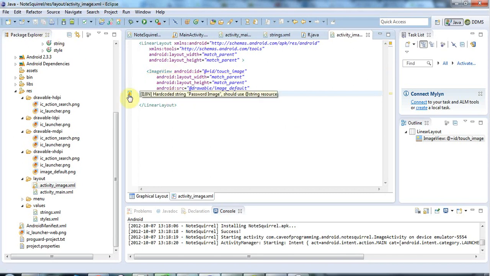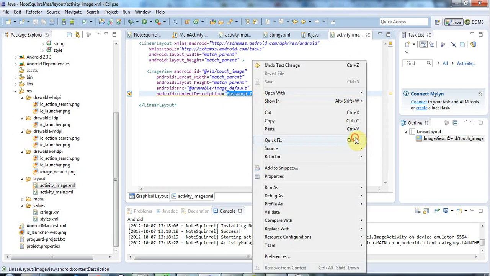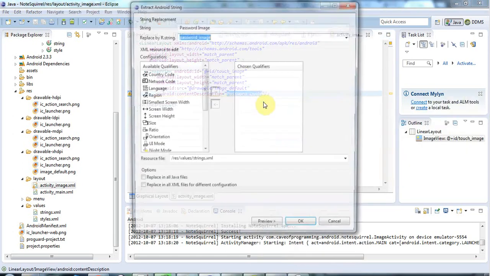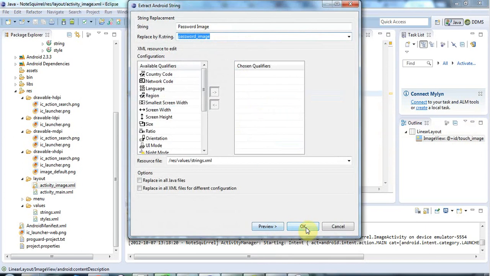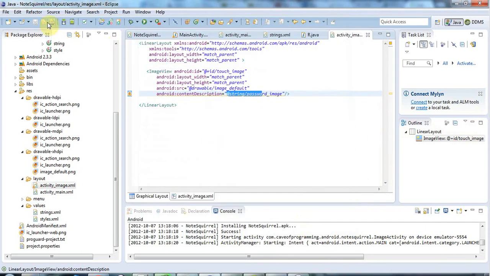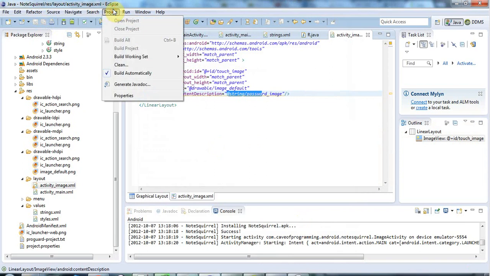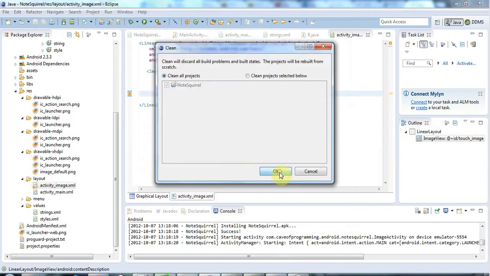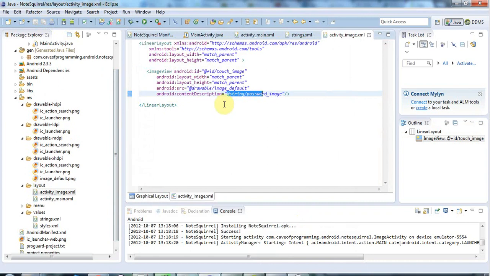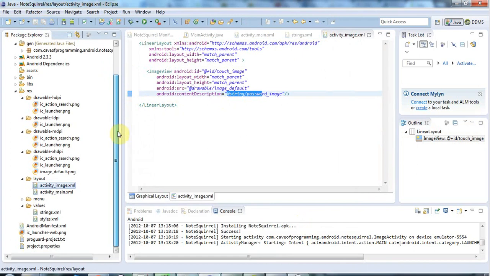And I need to put this in a string resource if I'm going to use it. So let's just select that and go to quick fix and extract string, and password image is a fine ID for it. And hopefully, let's see, has it stopped complaining? It will have. Let's go to Project, Clean to rebuild the project, and there we go. Now we've got an image view that's got no warnings on it, which is nice, and we should be able to actually see this. So if I just click run here,